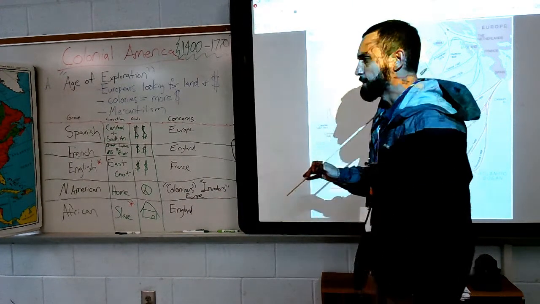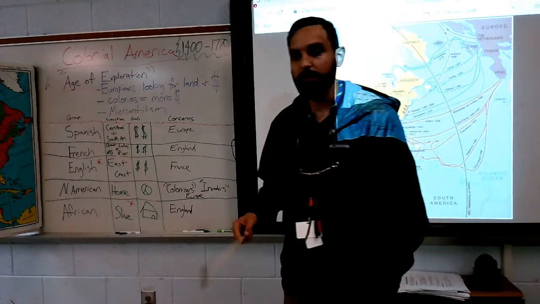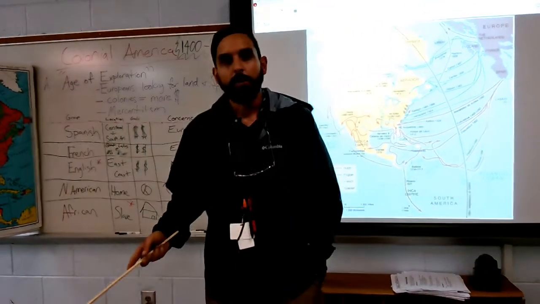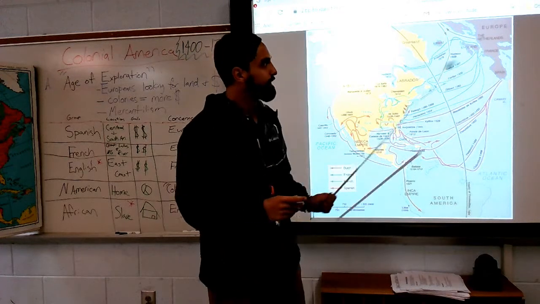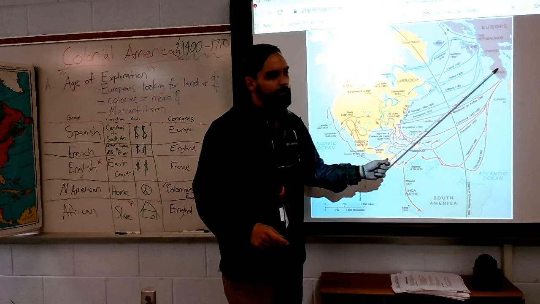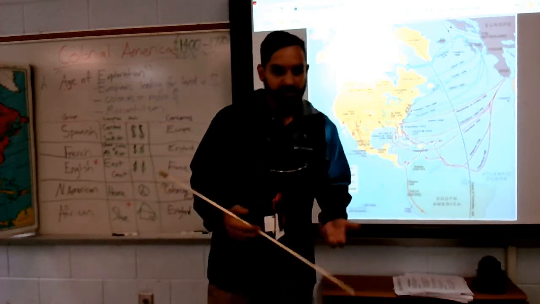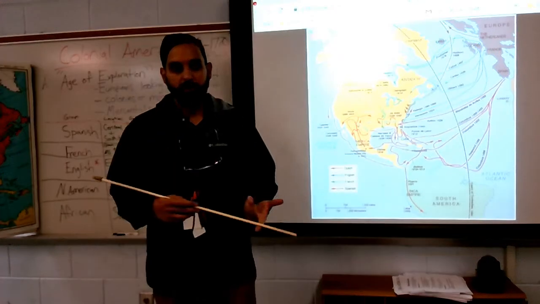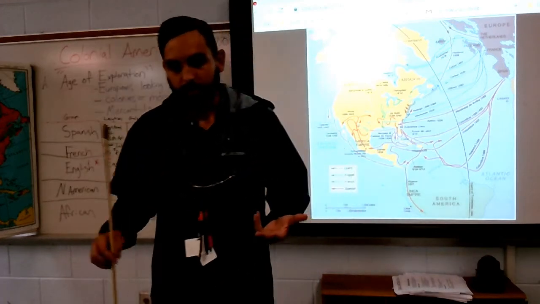So, last year in 7th grade, we should have left off with the age of exploration. What do I mean by the age of exploration? Well, right around the 1400s, countries in Europe, I know my map's kind of hard to see right now, their technology is getting better, they're ready to explore the world. The boats are capable of sailing across the oceans now, and everybody's wanting to make money.